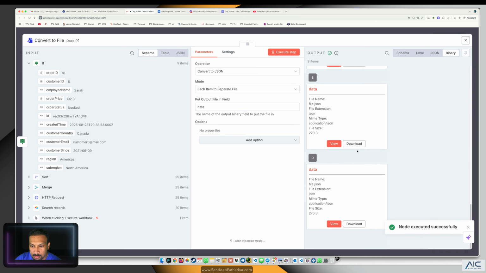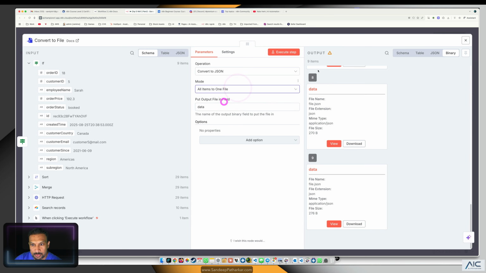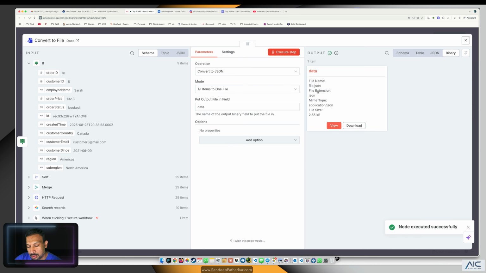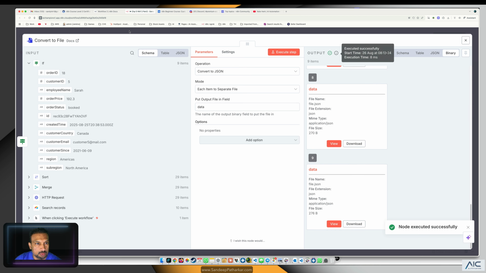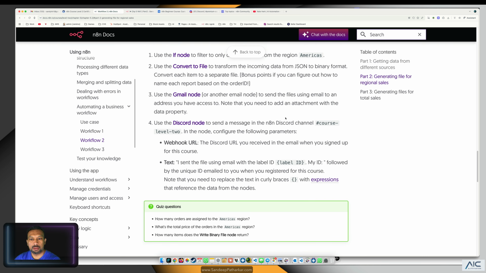So if you see now, we are getting 9 files, right? The requirement is convert to a file. So if we do this, we get everything in one file, but that's not what they want. What they want is each item in a separate file. So 9 files. And use the Gmail node to send the files using email to an address you have access